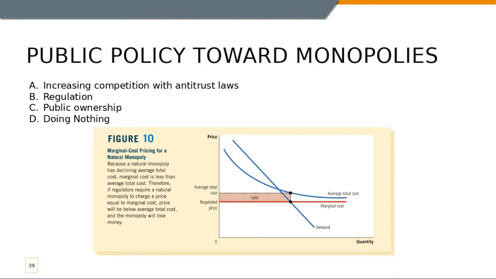And then finally, doing nothing. The question here is, when a firm has a significant monopoly, is it really that big a deal? Is it really that significant an issue? There are some questions over this and some debate over it. For example, one of the questions we're facing now is, is it fine that Google kind of has a monopoly on search engines, or is it not fine? Is this for the best?